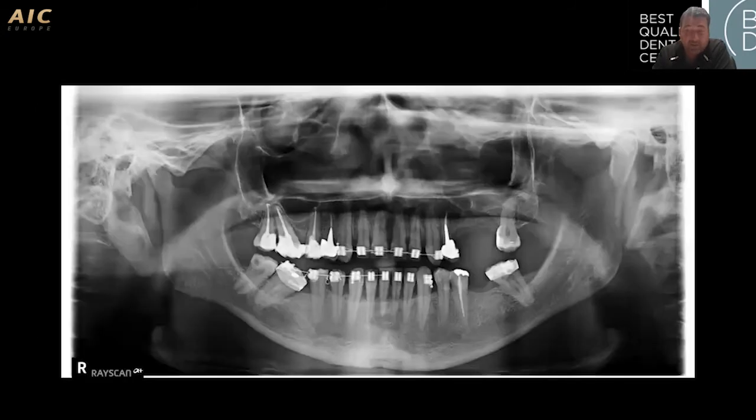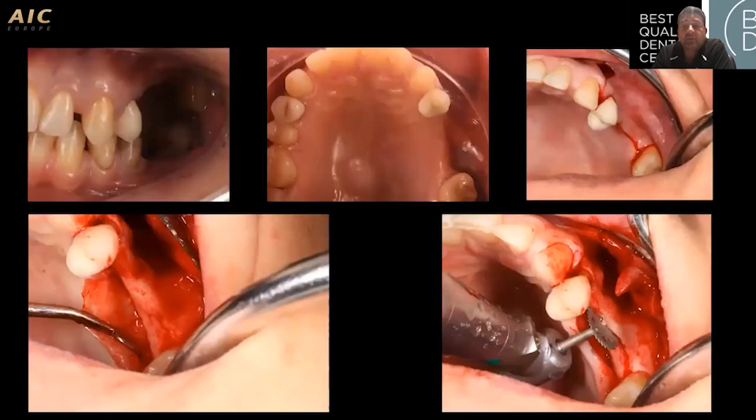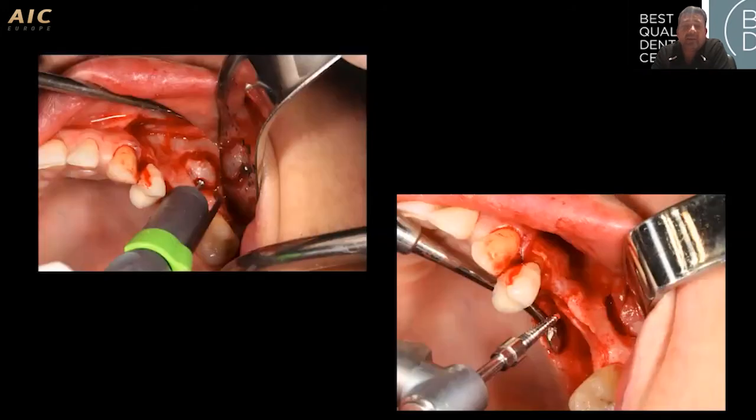So this is the panoramic image, and as you can see this is all planning, and they are really missing the 25 and 26 teeth, and we are trying to do a sinus lift on that side. And this is the oral image, and when we open the flap, we can see the narrow ridge that we are talking about. So the procedure was basically using a disc to split the 2 corticals, and afterwards